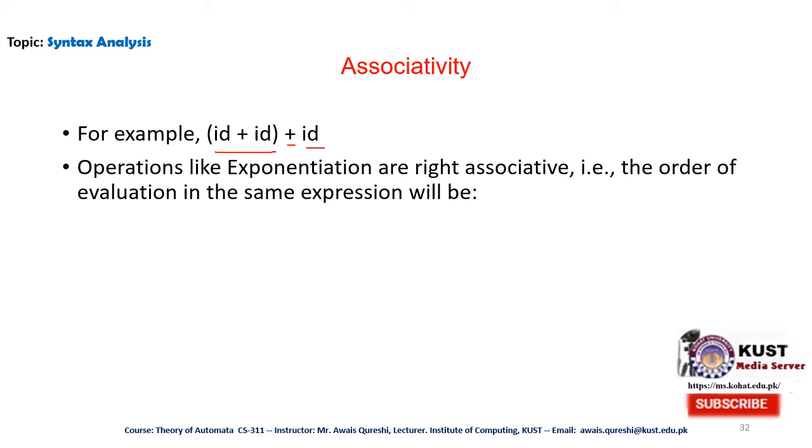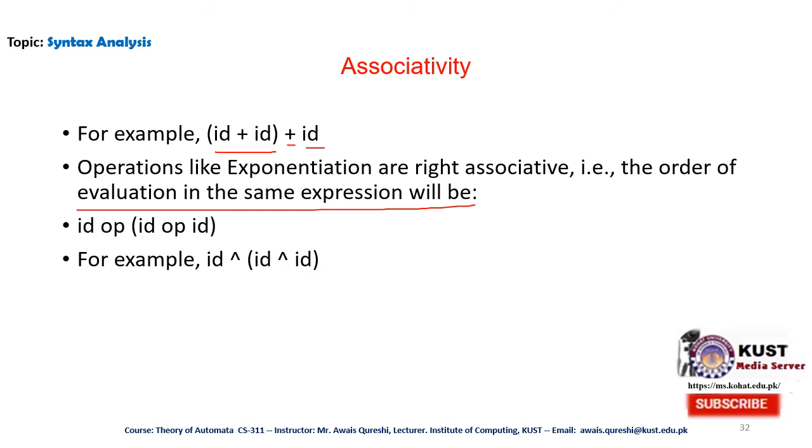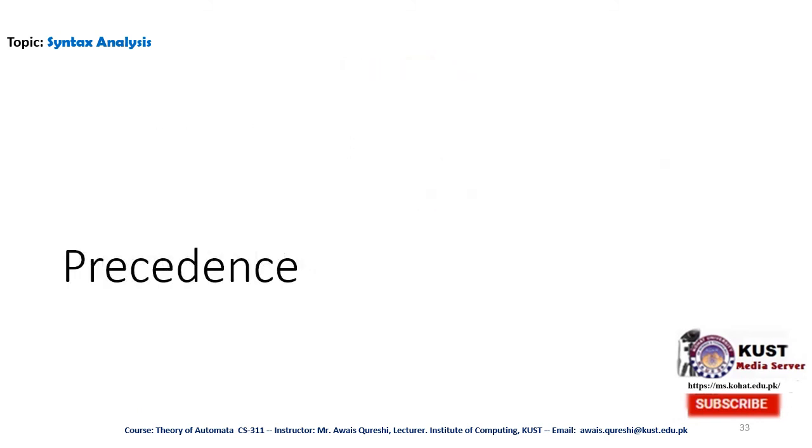Operations like exponentiation are right associative, that is, the order of evaluation is reversed, and the expression will follow the generic syntax. As you can see,